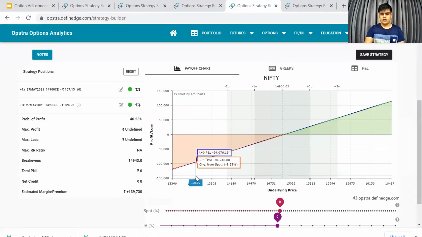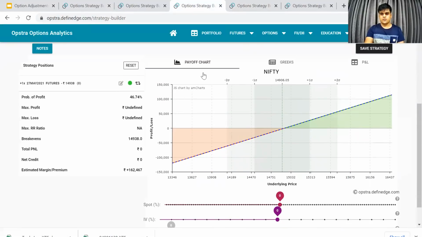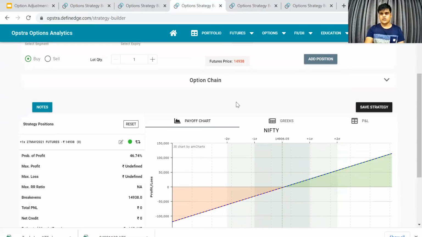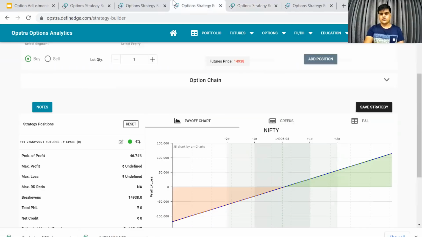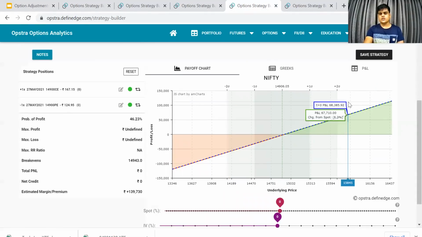Let's see. See this payoff and see this payoff. Both are similar, right? So this is what a synthetic position is. We create the payoff of a future without trading the futures. This is what you need to understand to trade option adjustments. This is the crux of it. Many people trade options without even understanding put-call parity. So for you, it's very important to understand what put-call parity is and how you can use it to create synthetic positions. You can see that we are not trading futures. This is the future payoff, but we synthetically created a future using the put-call parity equation.